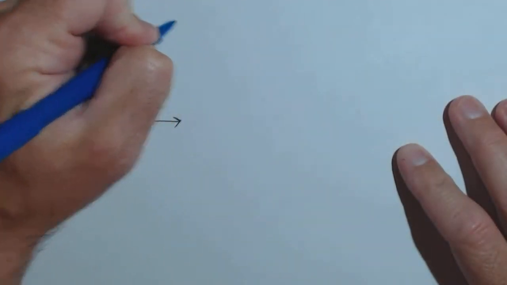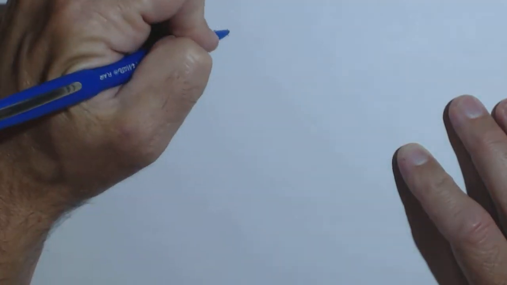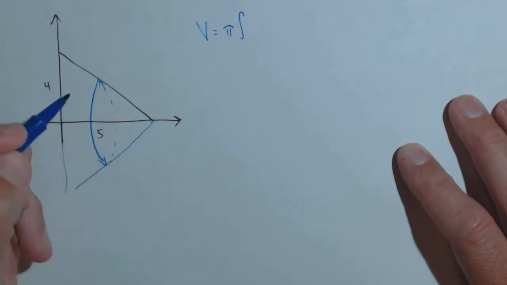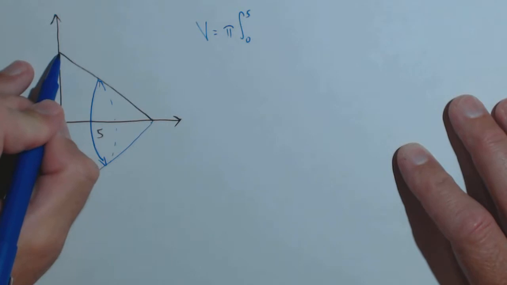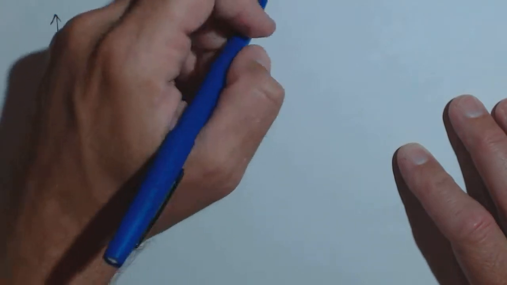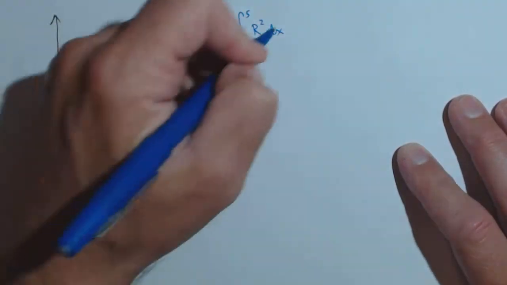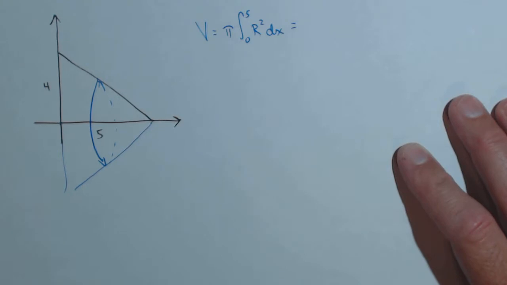Now, we know that the volume for a revolution is pi times the integral. This one clearly is going to go from 0 to 5, because this is going to go up to 4 and out to 5, times our radius squared dx. So what we need is a formula for the radius, because clearly the radius is changing depending on